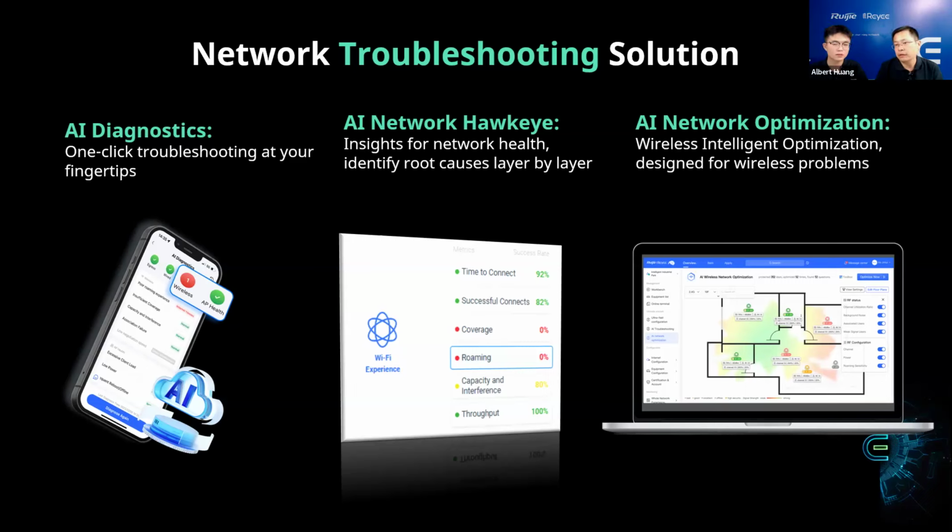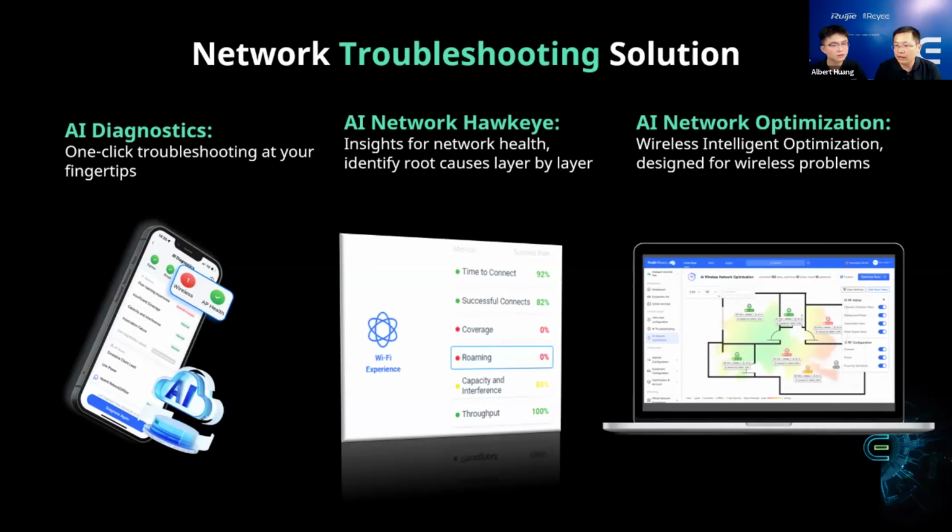Okay. And from last year, we found our partners and customers becoming more and more professional. They have more requirements in the pre-sale stage and post-sale stage. So we launched the AI heat map, and also last year we launched AI diagnose. And for AI diagnose, it is one-click troubleshooting for the switch part and the Wi-Fi part. I think most of the common issues can be fixed by the AI diagnose. And in the first half of this year,